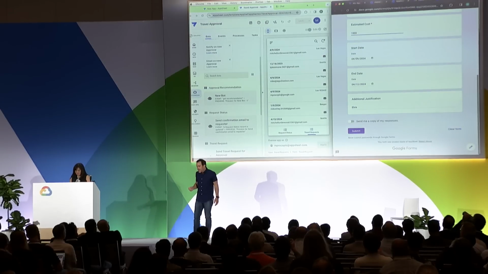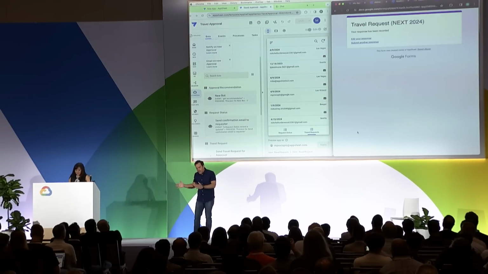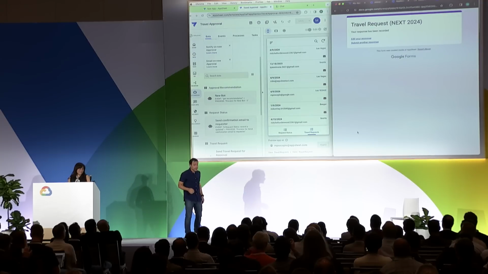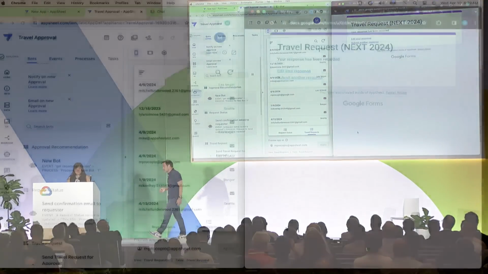Okay, so what we can do, and just include the record there. So Elvis is going to travel to Vegas, maybe make that 1,000 there. 10,000 seems a little bit, and I worry that we're going to get this automatically denied. So Elvis is going to submit a travel request to travel to Las Vegas. And the way this automation is configured is that I'm a person on the left-hand side of the screen who's going to receive a chat notification upon submission.